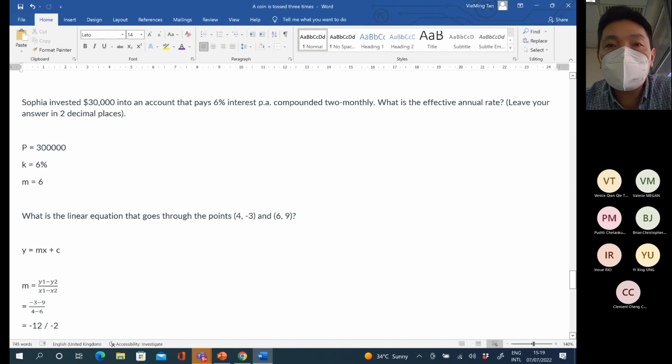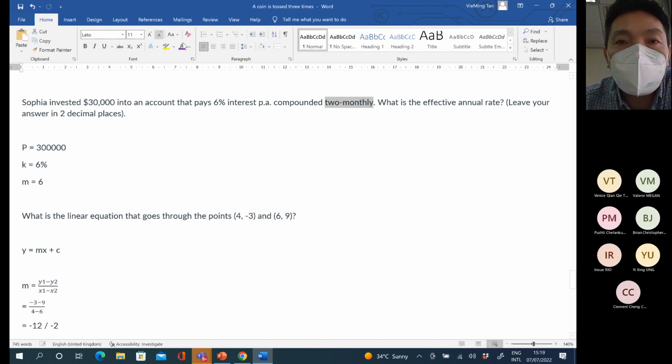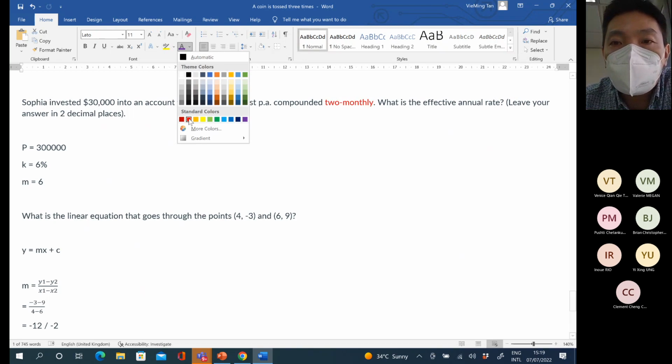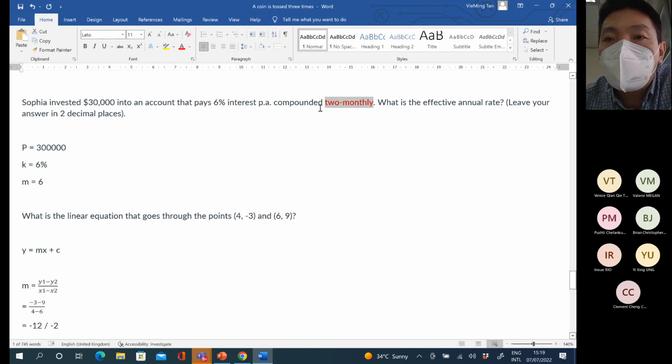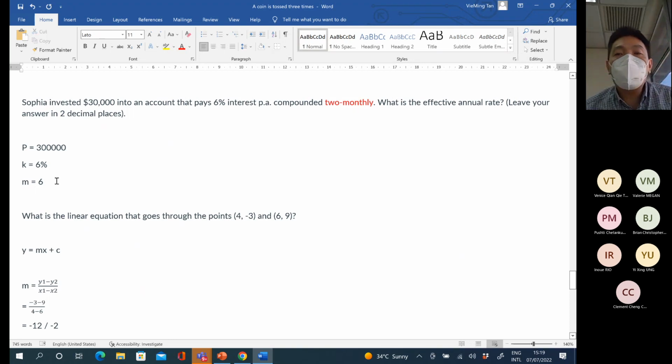Okay, for this question, I think the students were confused about this 2 monthly. Many students were confused, that's why they could not answer this question correctly. 2 monthly means every 2 months. So for this question, the interest is compounded every 2 months. That's the meaning. If every 2 months, then what is the M value? M refers to the number of times the interest is compounded within a year. So in 1 year, how many